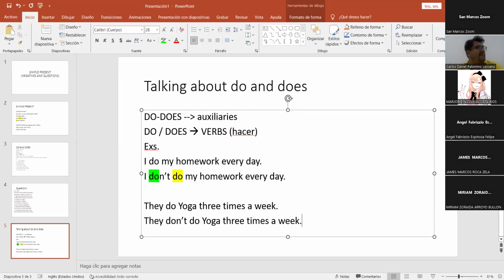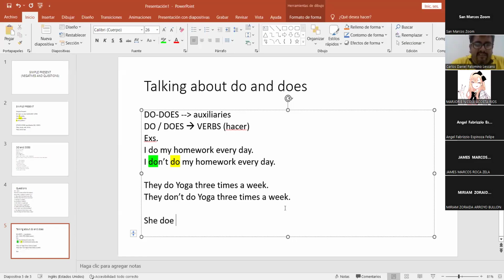¿Estamos? ¿Sí? ¿Estás conmigo? Por favor, dime que estás entendiendo. ¿Sí entiendes? Ya. Vamos a mandar tu cabeza un poco más. Vamos a decir lo siguiente, mira. She does the housework